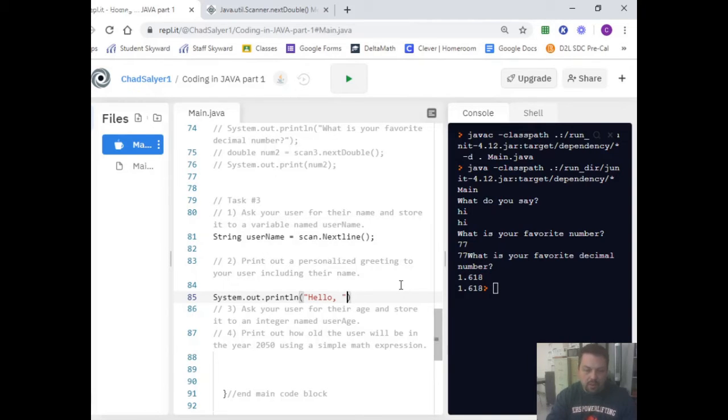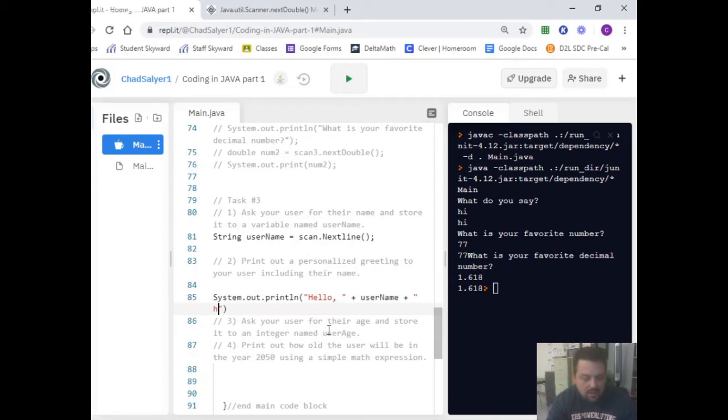Hello, and here we're going to concatenate, which is adding strings together, but it's not adding like in math. You're just attaching one to the end of the other is what concatenate means. So we're going to concatenate this with username, so whatever they type in, it's going to be what comes out there. So hello username,